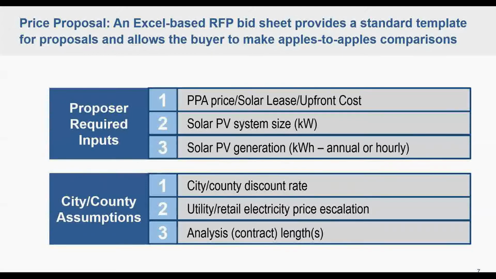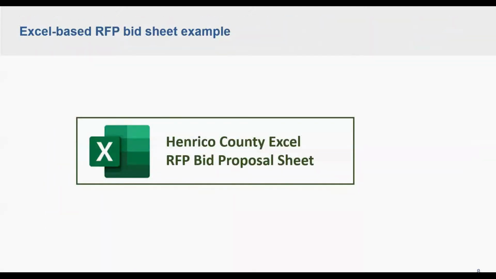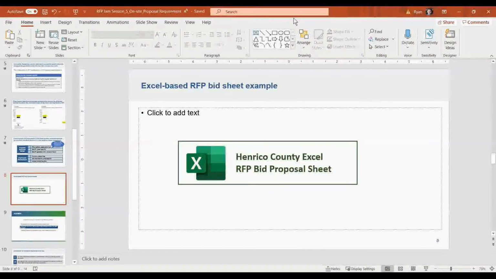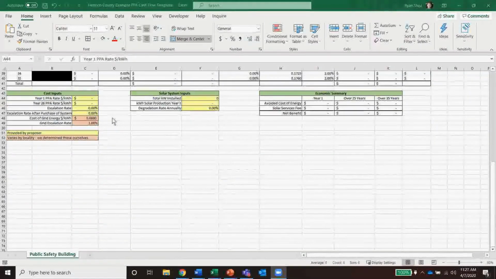So fortunately, Carrie in Henrico County was nice enough to include her example Excel RFP bid sheet. So I was going to actually exit out of our presentation here to give you an example of what that might look like. And then if we have a little bit of time, maybe we can have some Q&A on this actual bid sheet. So as I was saying, in yellow would be those specifications that the developer would include,